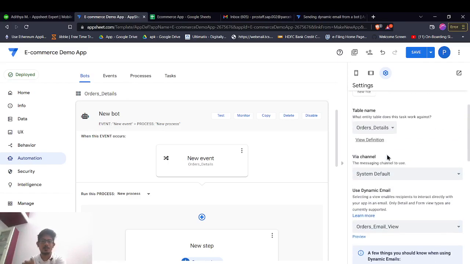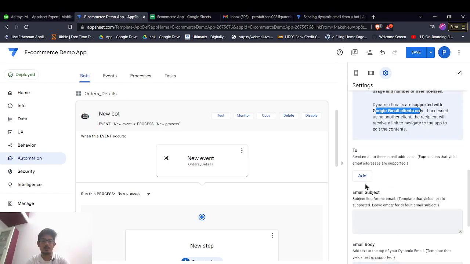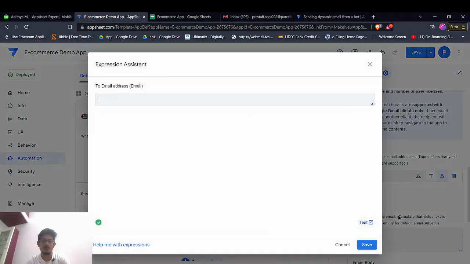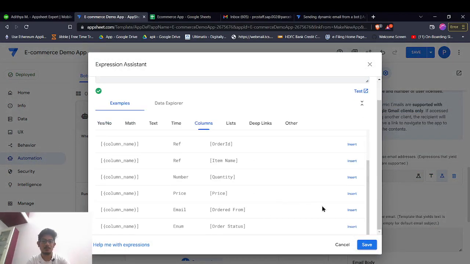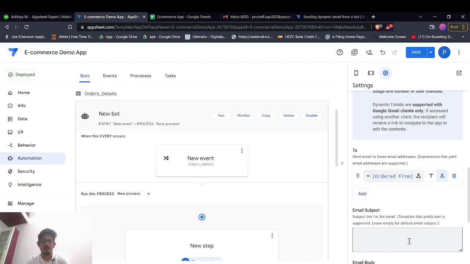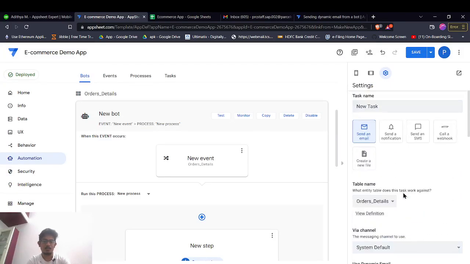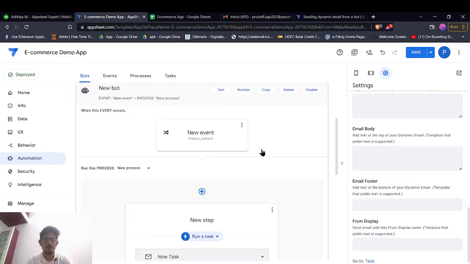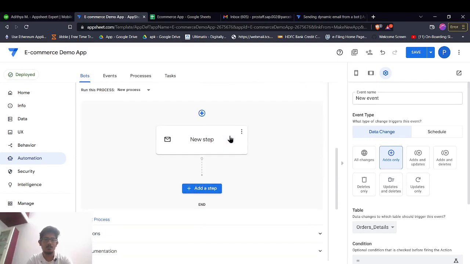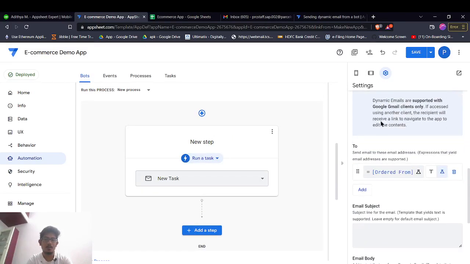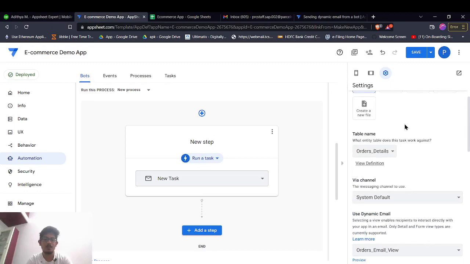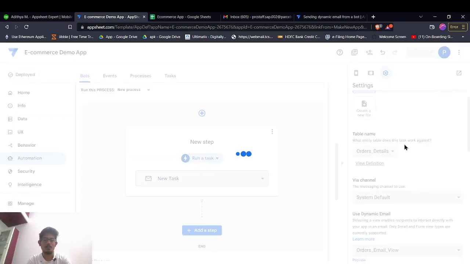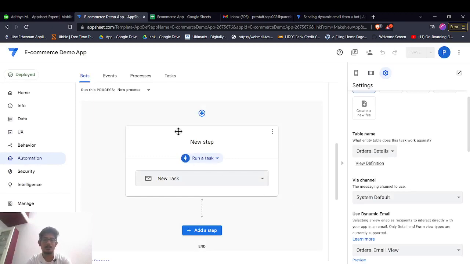So yeah, we are going to send to the user from the column order from. So this is the email we are going to send. Okay, and I'm not going to type any email body and all. I just want to show the dynamic email. So this event we configured, so if any row is added in the order details, we're going to send an email to that particular product owner. Whoever the order is from, we are going to send a dynamic email, whether the status is approved or rejected, he can directly access. So I created a bot,